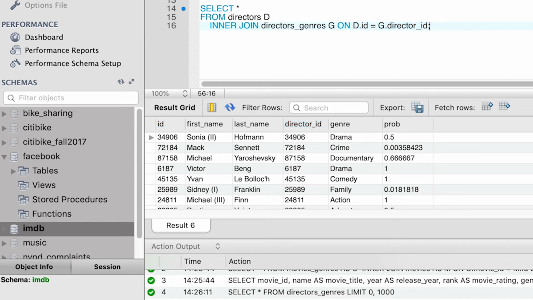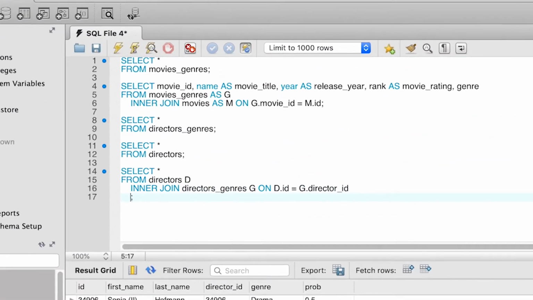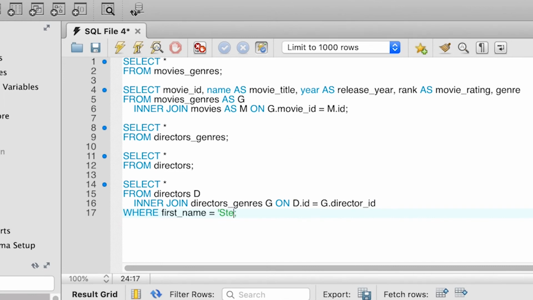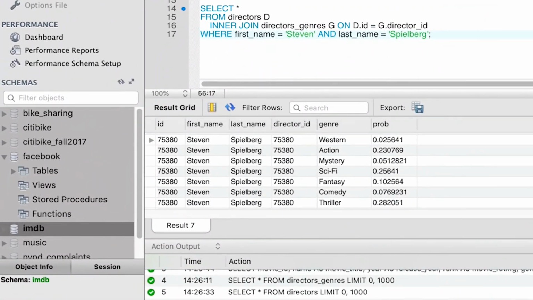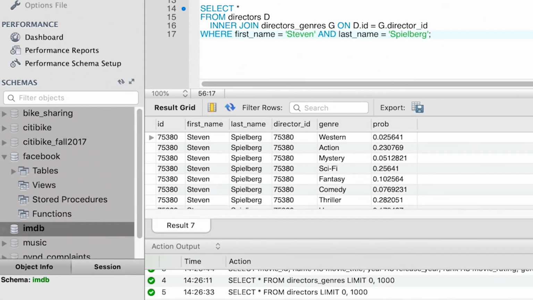What we want to do now is limit the results only to Steven Spielberg. So we are going to augment this query and specify where first name is Steven and last name is Spielberg.